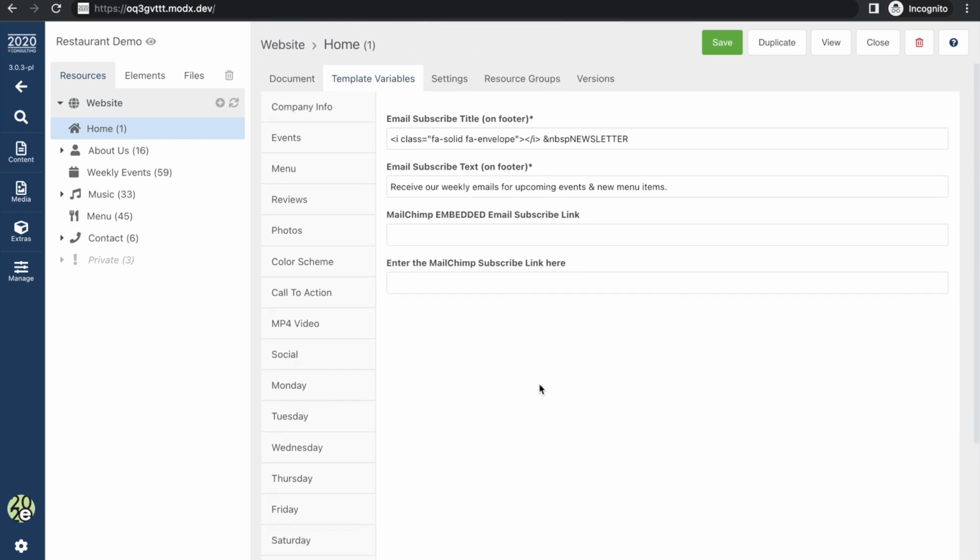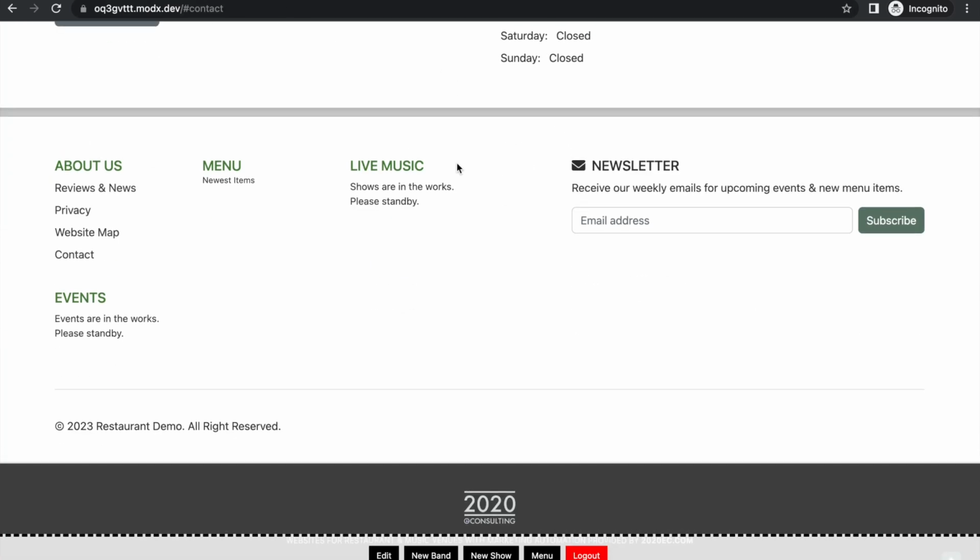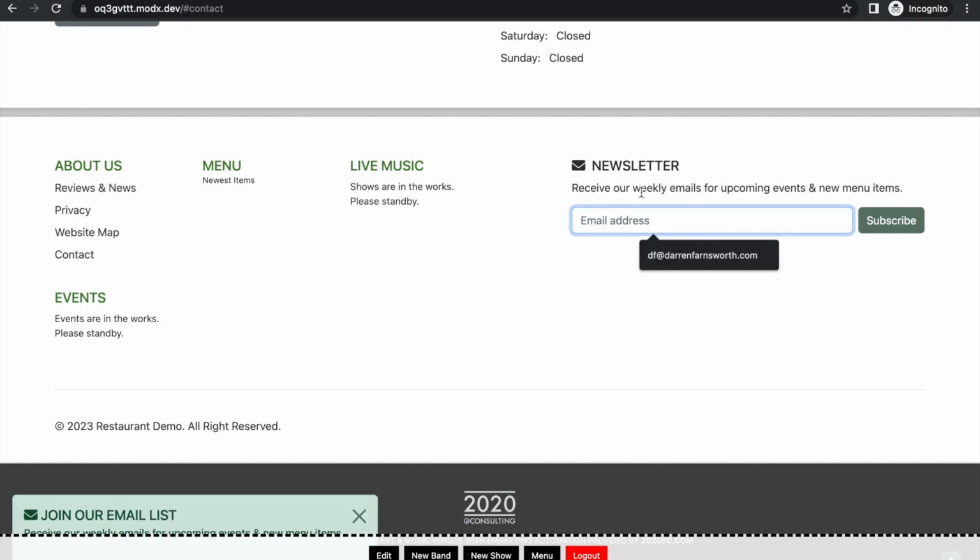And here is a MailChimp thing. So let me describe how this works. We usually prefer our clients to use MailChimp, and we can help you get that set up. But essentially, you'll have this newsletter section so people can sign up for the newsletter. And in addition, you can have a pop-up window that'll appear here, and we'll get to that in a second. But by default, we have that as a joiner email list. So anyways, you can change how that lays out or what the description is. Maybe you send them daily or monthly or just on random occasion. You can itemize that all here.